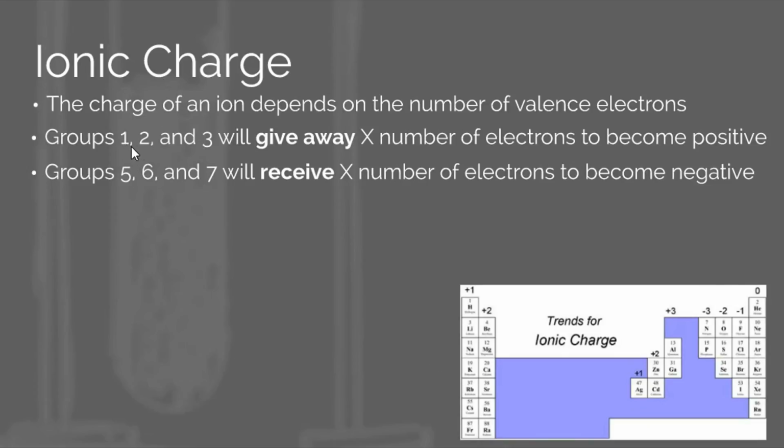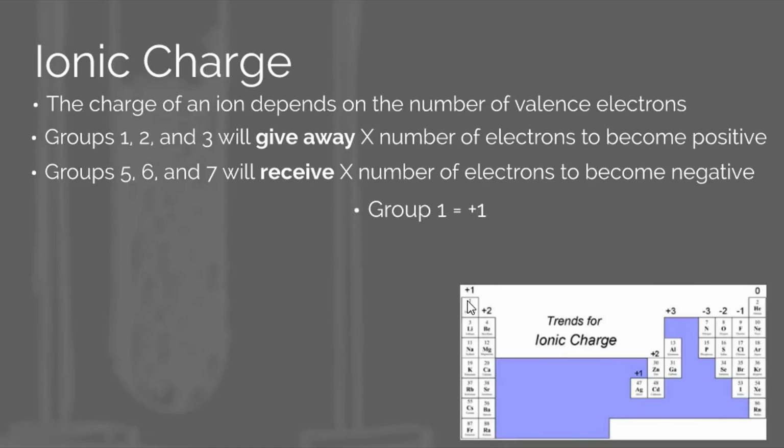So again, we talked about groups 1, 2, and 3 will become positive. So let's see why that is. If we're looking at this group 1 column over here, we know they have one valence electron, and that's what I have written up here. What they do is they have one electron to give away. When they lose that electron, they are going up in charge by 1. So that's why we say that group 1 will have a charge of positive 1 once it involves an ionic